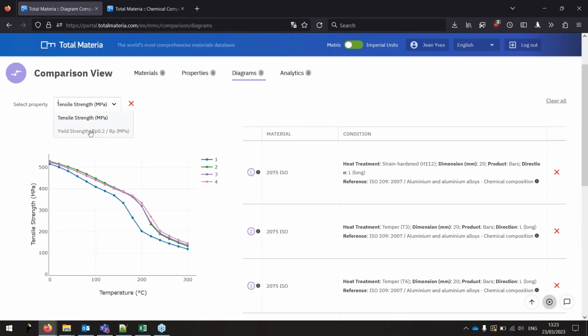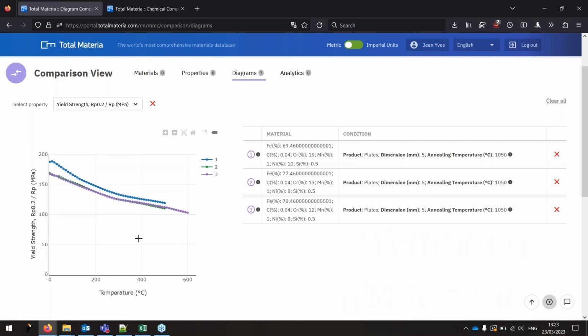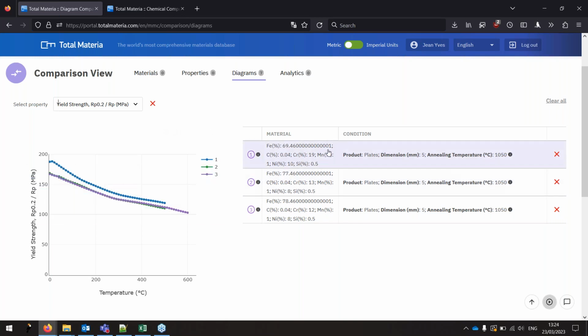So again, I will look at my tensile. And here I can easily see the effect of my different compositions. We see that when I have a bit more nickel, I'm a bit stronger. I mean, nickel and chromium. And when I start to cheap out,